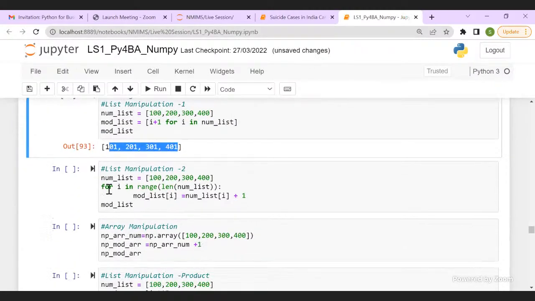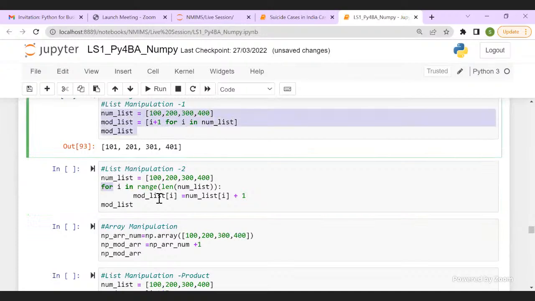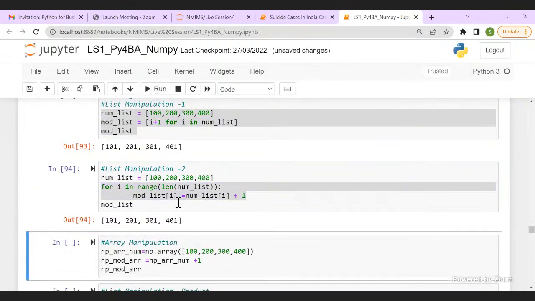and again, this is a longer form of writing the same code using a complete for loop. I'm using for loop here also, and I'm using for loop here also. So same code, same function. So you can choose whatever you are comfortable with to do the adding 1 to each element of your list. Now, what if I have to do the same manipulation in my array?